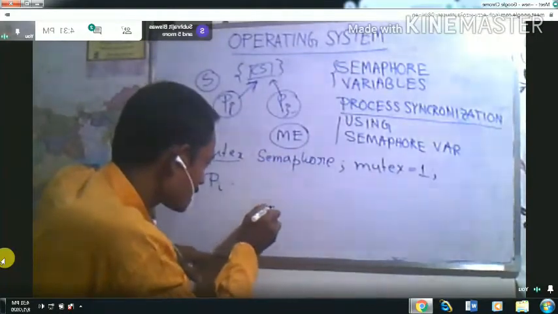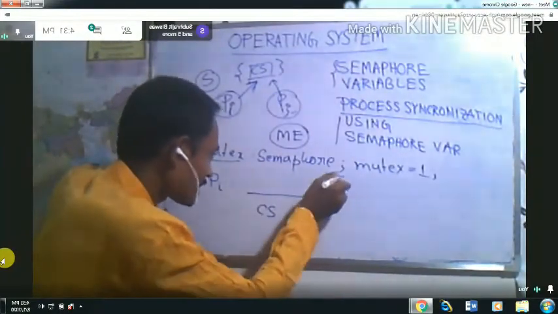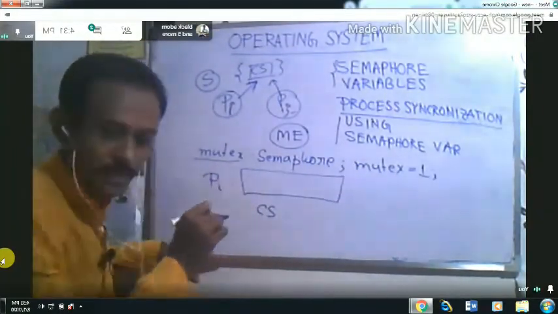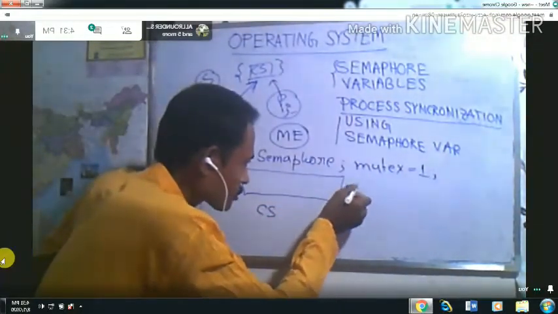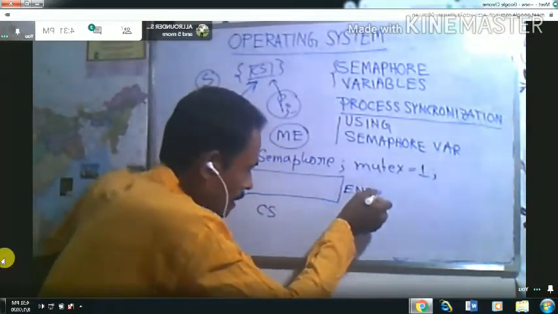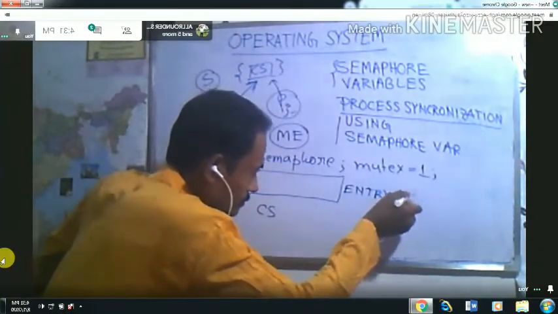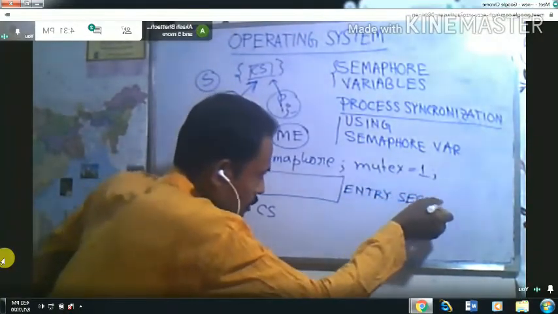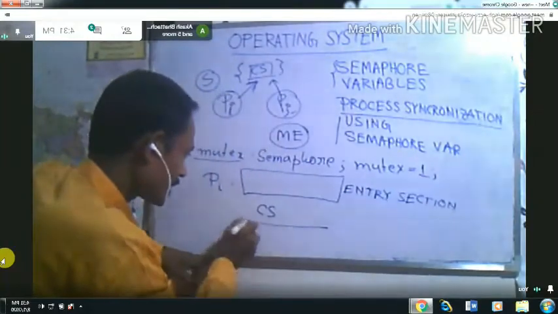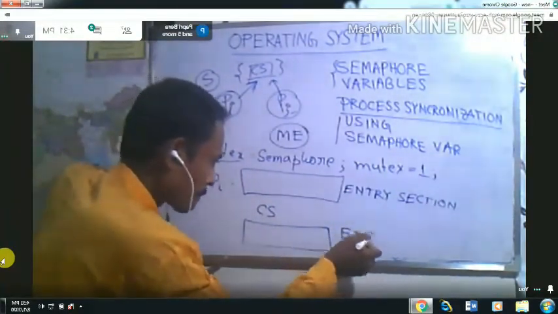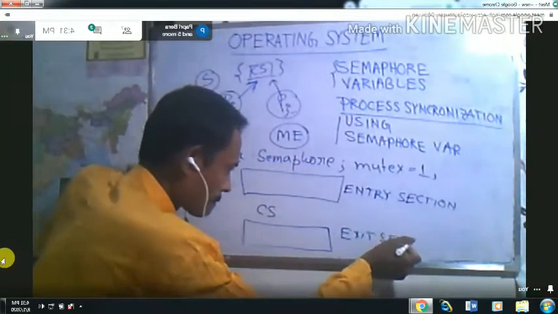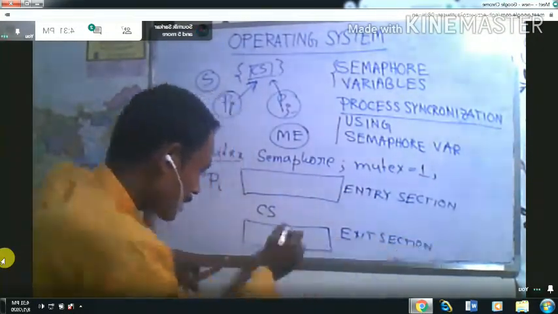Before the critical section, this is called the entry section. After the critical section, this is called the exit section. After the exit section, this is the remainder section.